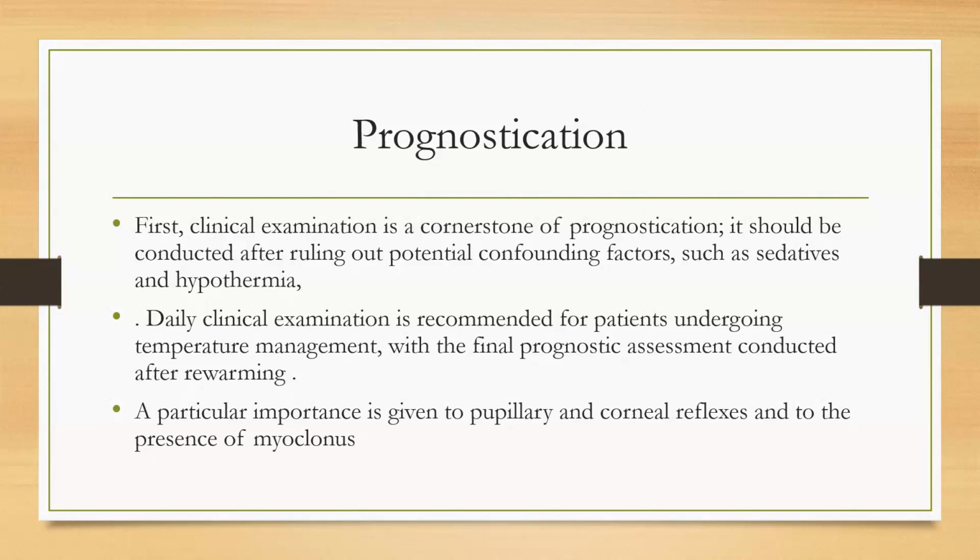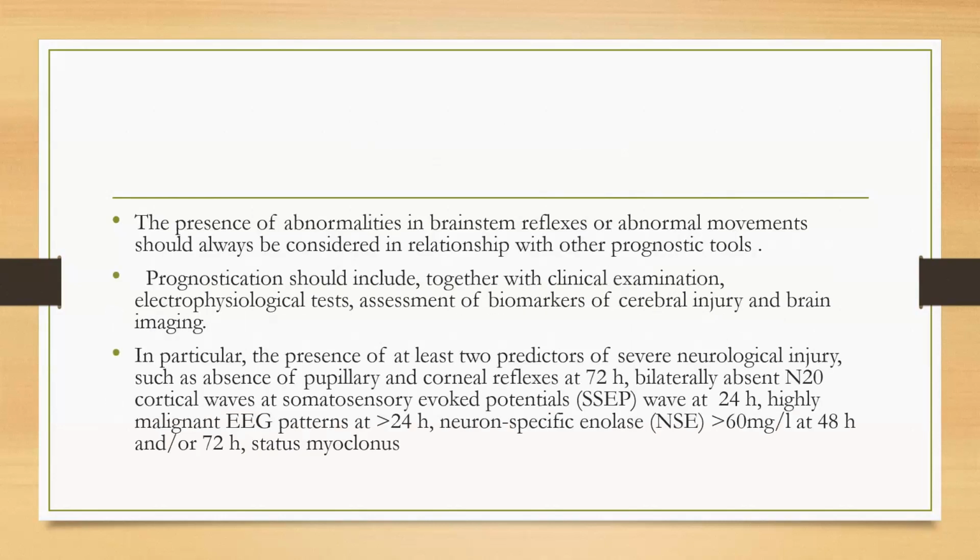Particular importance is given to the pupillary and corneal reflex and to the presence of myoclonus. Abnormalities in the brainstem reflexes and abnormal movements should be considered in relation to the prognosis. Prognostication should include, together with the clinical examination, electrophysiological tests, the assessment of biomarkers of cerebral injury, and brain imaging. In particular, the presence of at least two predictors of severe neurological injury, such as absence of